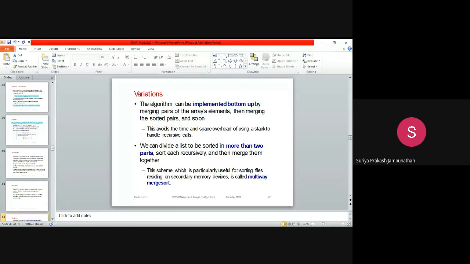Next, the variations. The algorithm can be implemented bottom up by merging pairs of array elements, and this is used to avoid the time and space overhead of using the stack to handle the recursive calls. We can divide a list to be sorted into more than two parts, sort each recursively and then merge them together. The first part is merging the values in sorted parts.